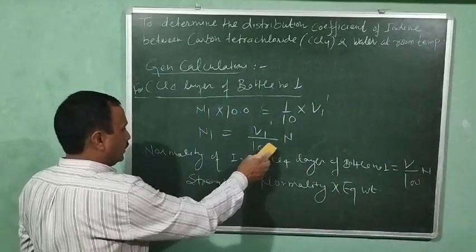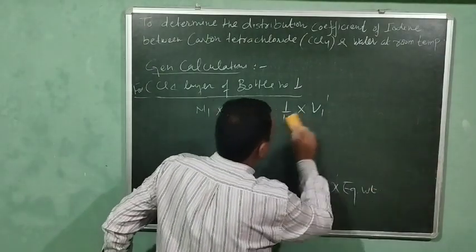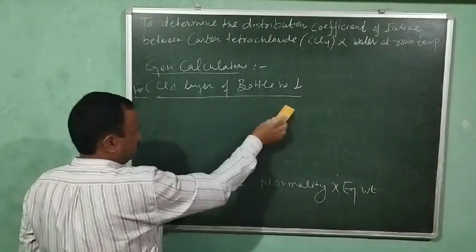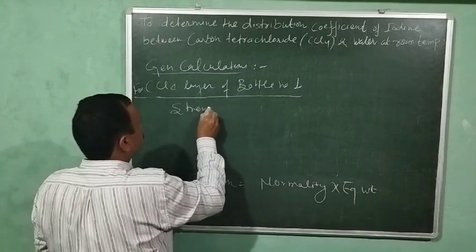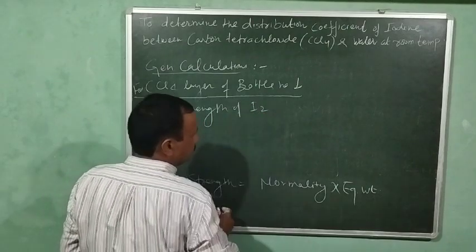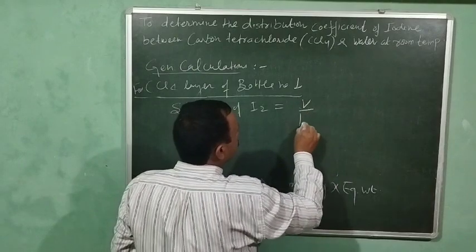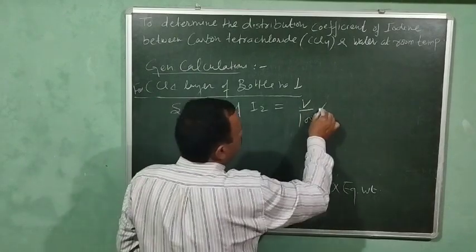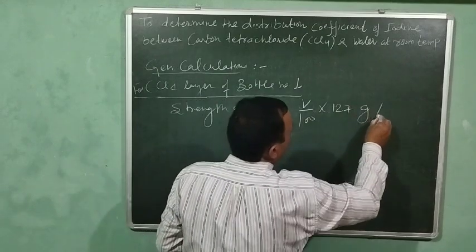Then we will substitute the values of normality and the equivalent weight. So the strength of iodine in CCl4 layer, it will be equal to normality, which was equal to V upon 100 into 127 gram per